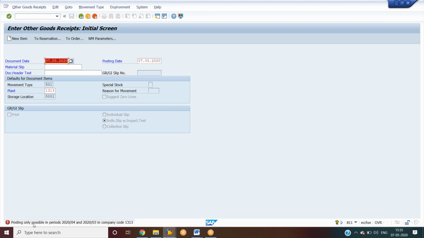You can see here posting is only possible in the period of 2020, and this is the error we are getting. So we need to perform an activity called posting periods activity. Okay, so I think it's not the better way now. I'll just go to MIGO and I will create one PO and show you, ME21.